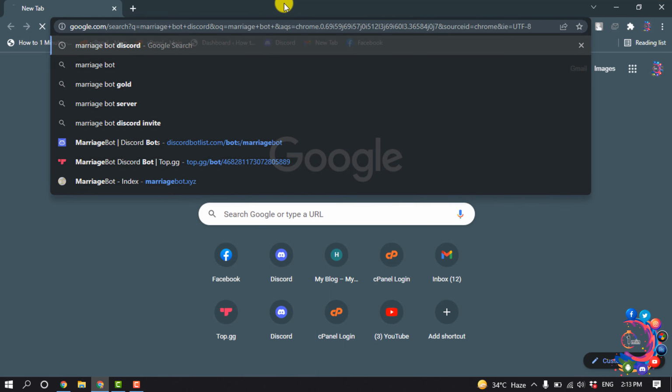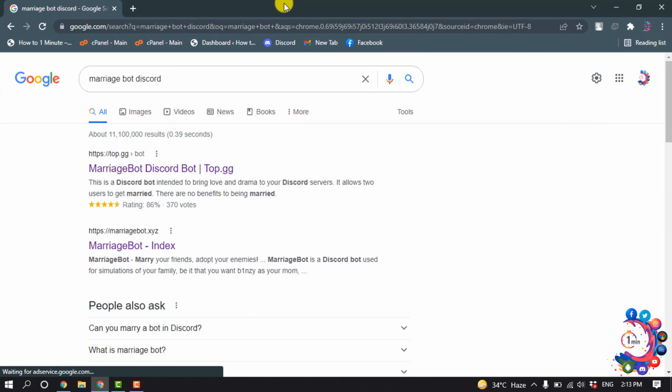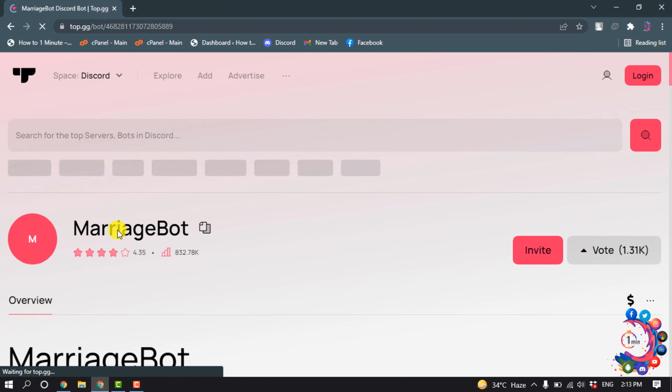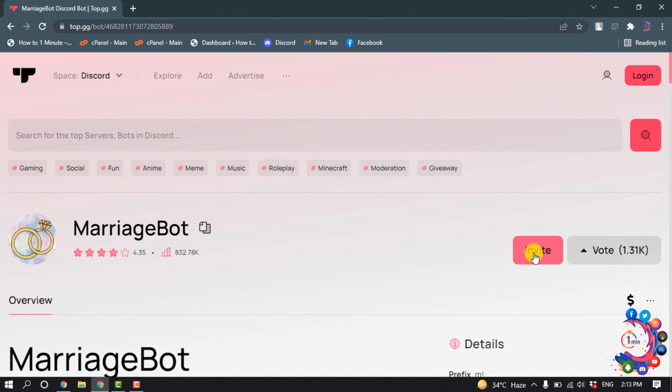So first of all, open a browser and type here MarriageBot Discord, and now open this first link. So this is the bot we are going to add. Now click on invite